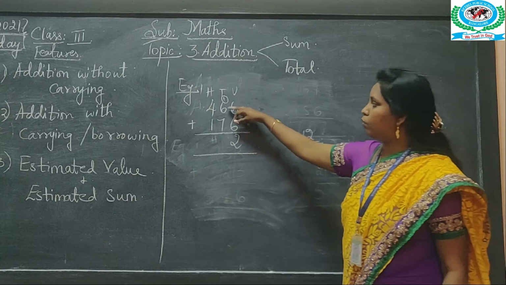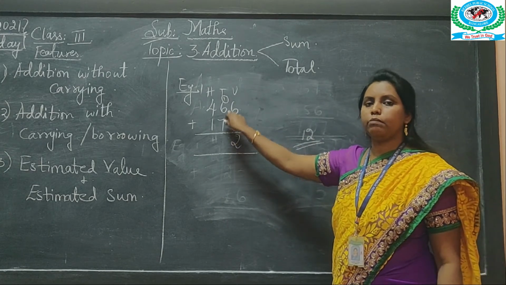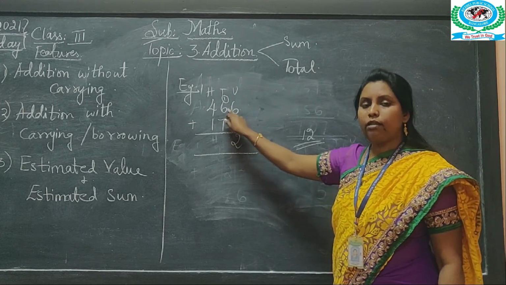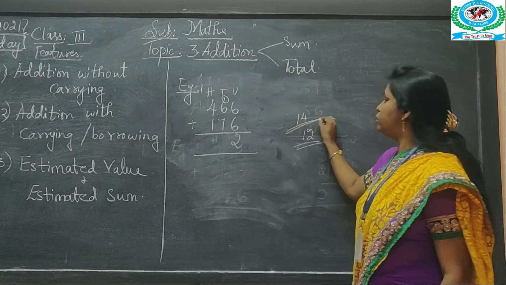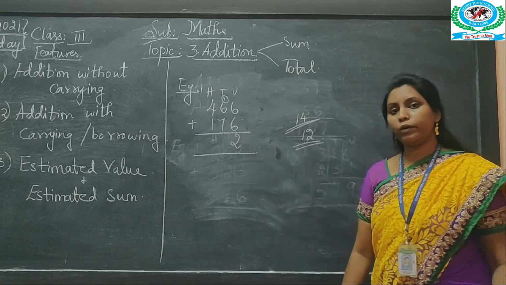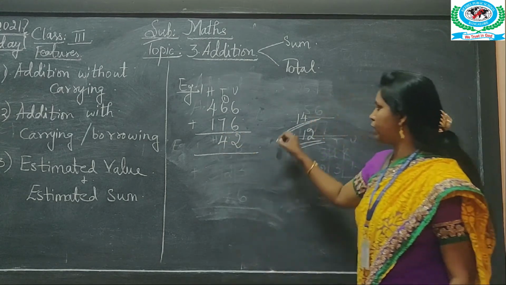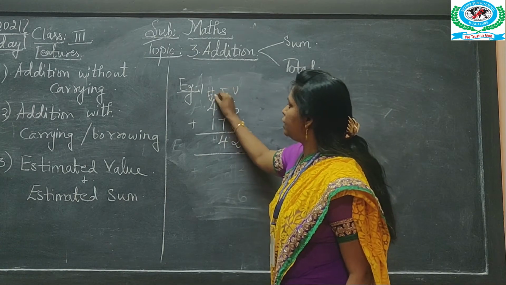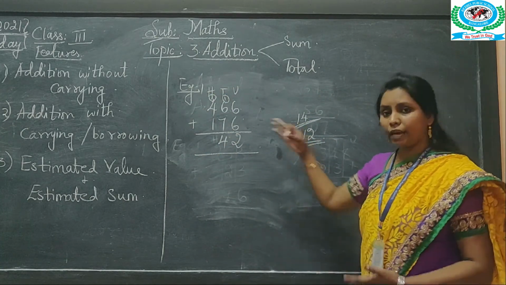So here now add all these three numbers now. 7 plus 6 plus 1. So how much it will be? 7 plus 6 is 13. 13 plus 1 is 14. So again you have got a 2-digit number here. So what you are going to do? Again this 4 you are going to write here. Okay. And this number you will carry it in the 100 place value. Okay. So it will be carried forward.